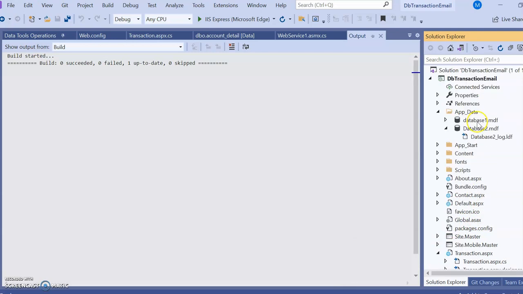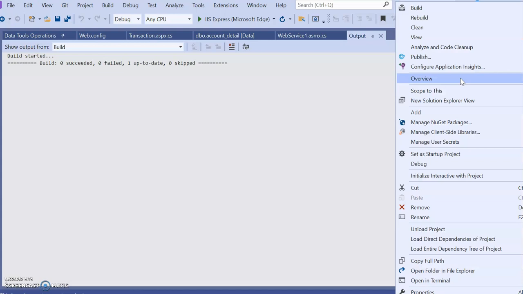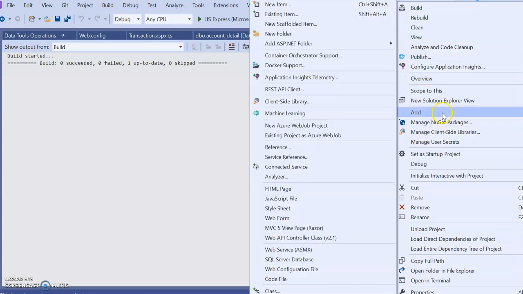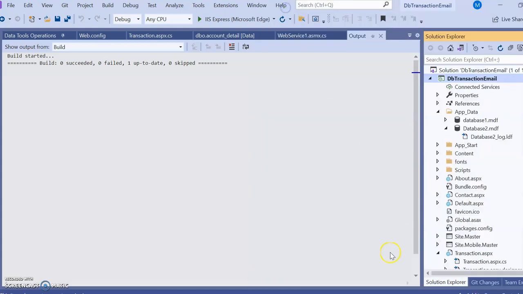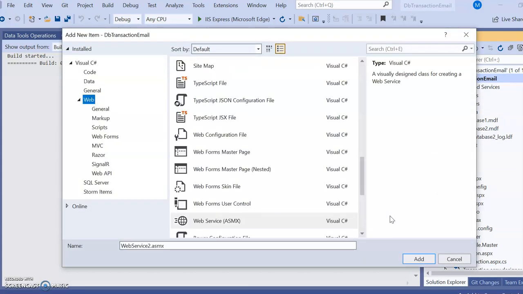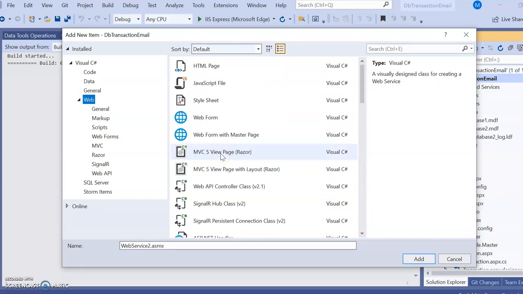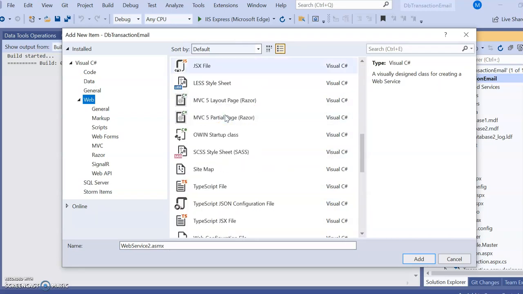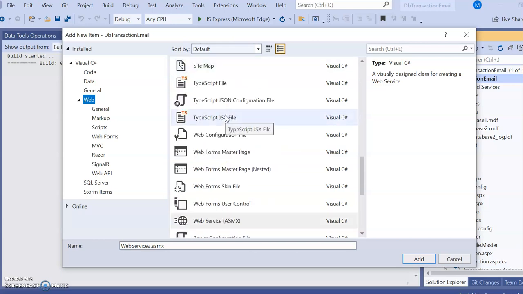Now how to create it? Go to this project and right click. We have to add a new item, so go here, add new item, and you will see the different templates. From here we have added the web forms till now. Right now we have to look for web service.